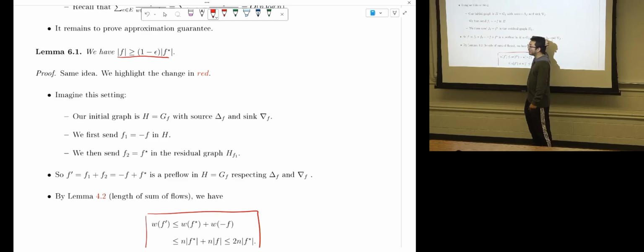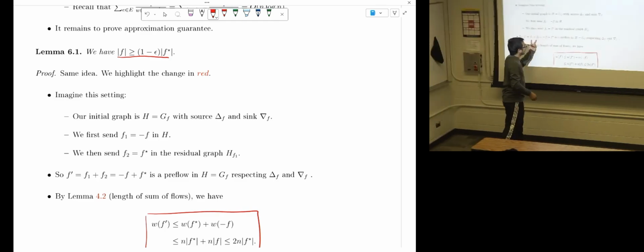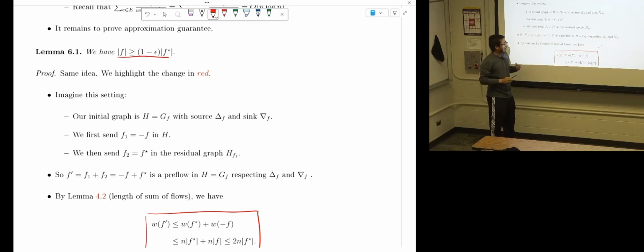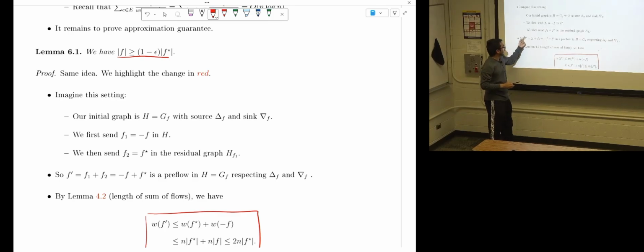And so we look at this sum of the flow. Our strategy is that we analyze this sum of the flow, and if it's the case that f here is small, then we're going to get that